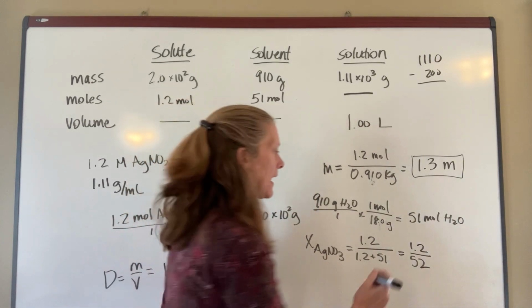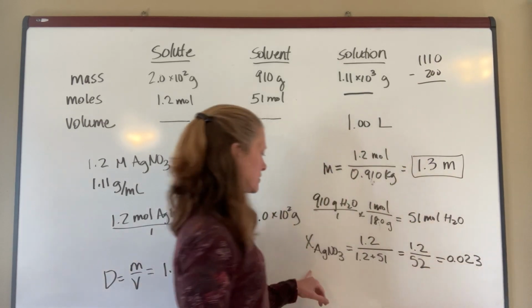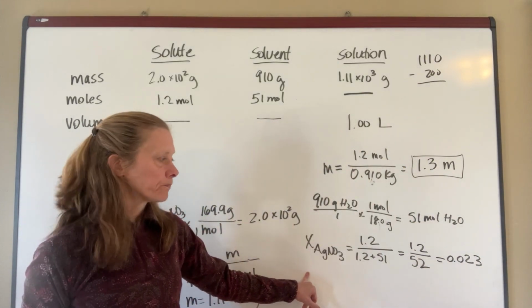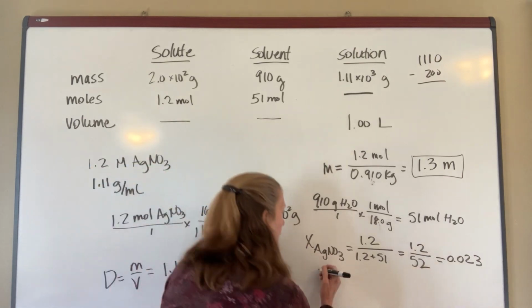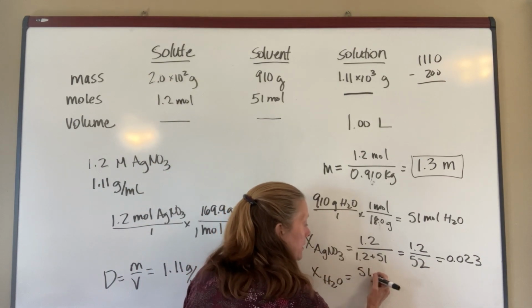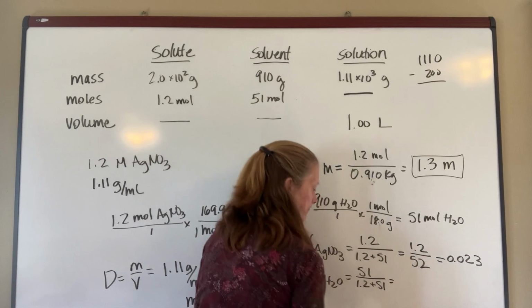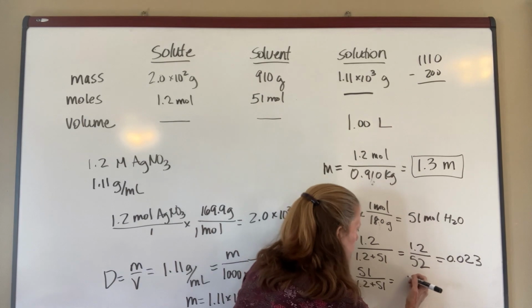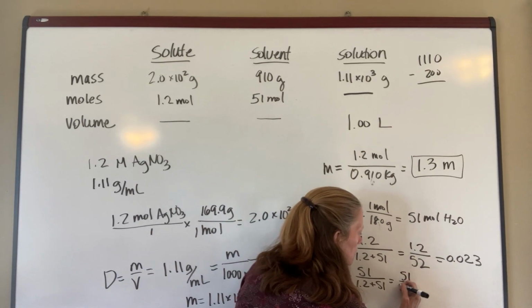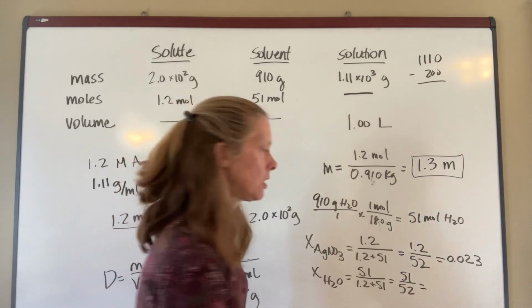When I divide that out, that gives me 0.023 as the mole fraction for silver nitrate. The mole fraction for water is going to be 51 over 1.2 plus 51, which is going to be 51 over 52, again with the same number of significant figures,